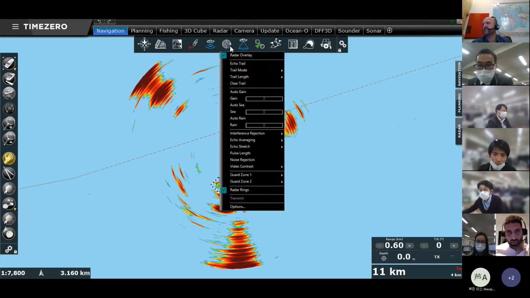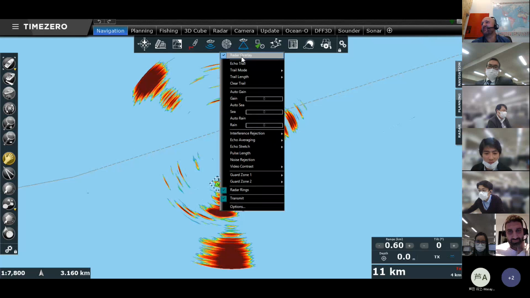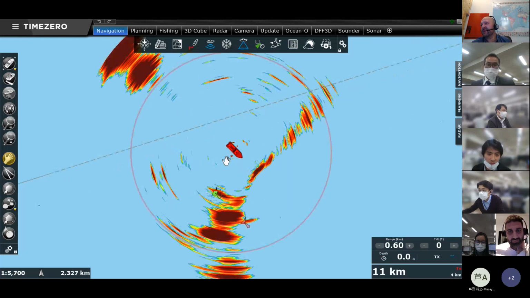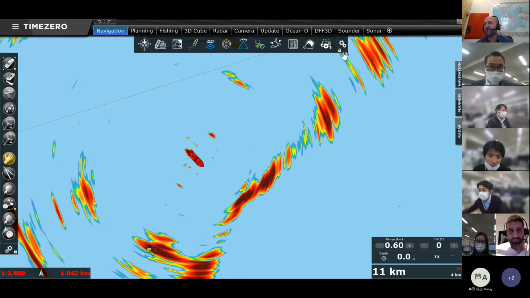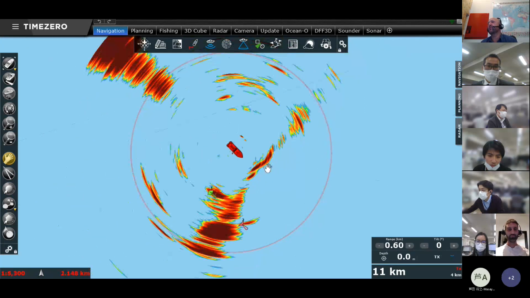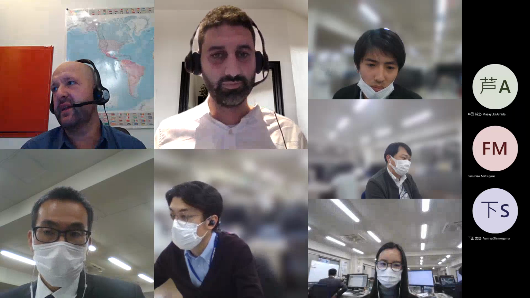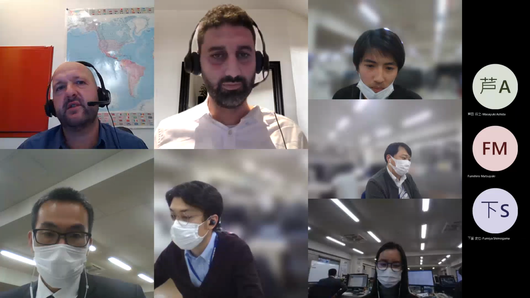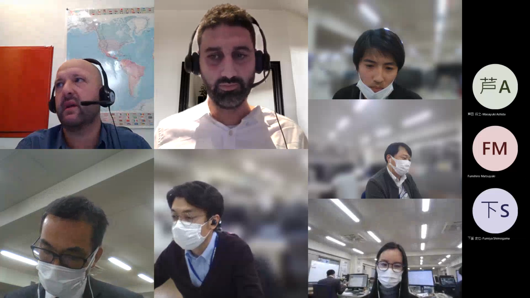It would be a mess to have both Sonar and radar. The best way is maybe to have two screens connected to the same computer, one with the radar and the other with the Sonar, because you can connect up to 3 screens to the same computer with TZ Professional. You can display, for example, chart with Sonar, radar, and you can do whatever you want, but not at the same time. To us, there is no point to overlay both Sonar and radar at the same time.